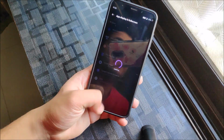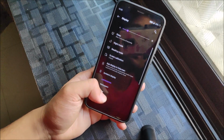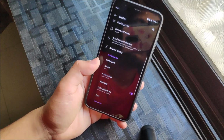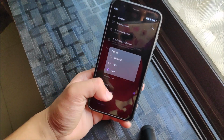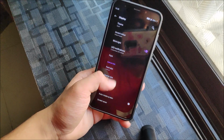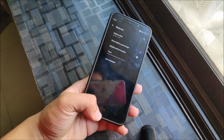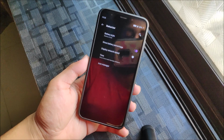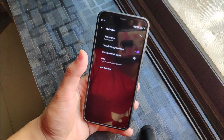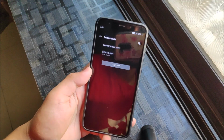Then you can see app display in full screen, so full screen mode support. Ambient display, but it doesn't work. Then we have wallpapers, which I already showed you. Then we have the theme, colorful, light and dark, then blink light, LED notifications, font size, display size, and the status bar, same status bar stuff like the battery style, battery percentage, time, icon manager. We also have the network speed, so you can see display network speed, and then we have the screensaver, which